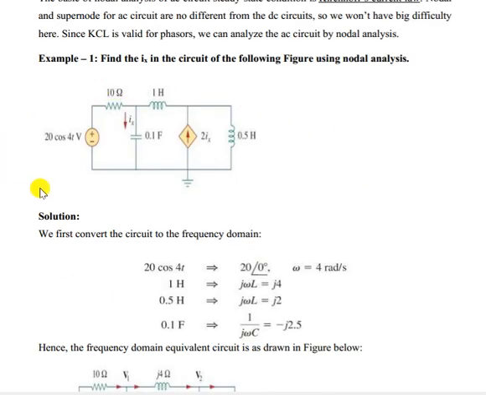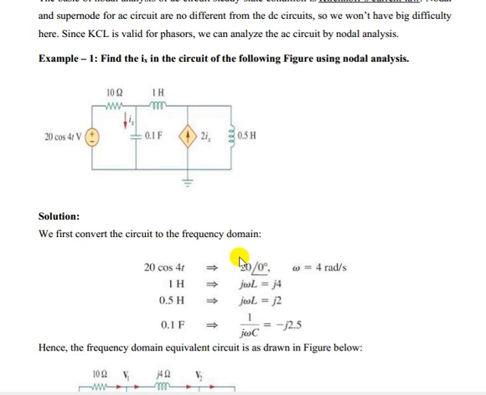This is a circuit that is given. In that case, we can analyze this circuit using the nodal analysis method and the mesh analysis method also. So from that circuit, what is the first goal? We have a voltage source, resistance, inductance values, and a dependent source also. Now from this 20 cos 4t, we have to convert that into its equivalent polar form or Cartesian form.